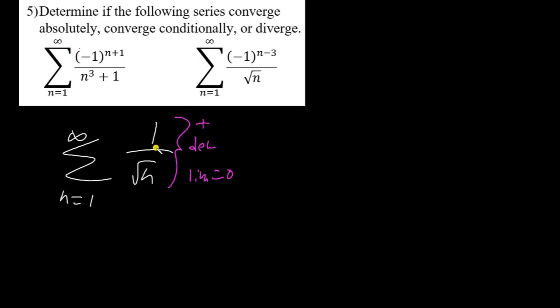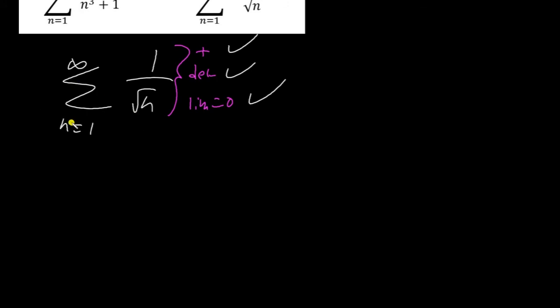Let's see, is it positive? Yes, it is. Is it decreasing? Yes, it is. Is the limit 0? Yes, it is. So we met these 3 conditions, and we can say that the series in the top right will converge based on the alternating series test. So now we need to ask ourselves, okay, is it an absolute convergence or is it a conditional convergence? How are we going to do that? Well, we'll look at just this series and see whether it converges without thinking about whether the series up there converges. So looking at this,